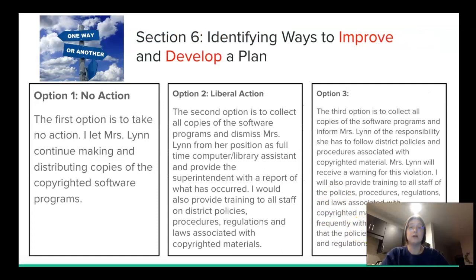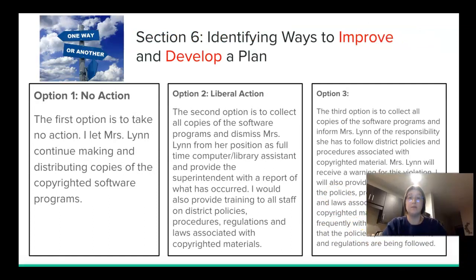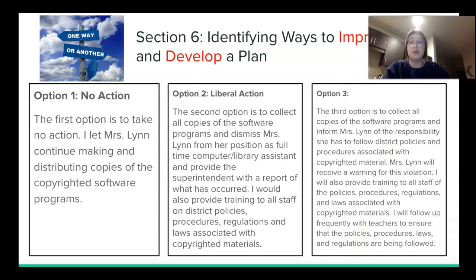Section 6 focuses on identifying ways to improve and develop a plan. So the first option is to take no action. This would be to continue letting Mrs. Lynn make and distribute copies of the copyrighted software programs. Option 2 is a more liberal action, which includes collecting all copies of the software programs and dismissing Mrs. Lynn from her position as a full-time computer and library assistant, and providing the superintendent with a report of what has occurred. I would also provide training to all the staff on district policies, procedures, regulations, and laws associated with